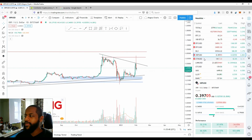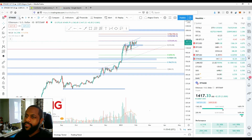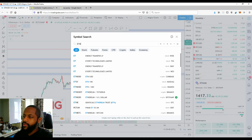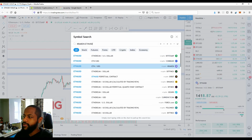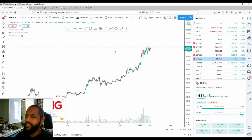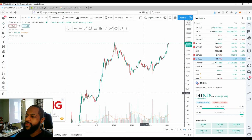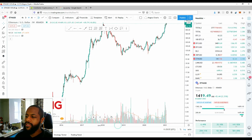So that's XRP done. Let's have a look at Ethereum. Now this ETH chart does not hold all of the historical data, so we've got to go a bit further back and use the Kraken site. So as I've said, the purpose of this comparison is that